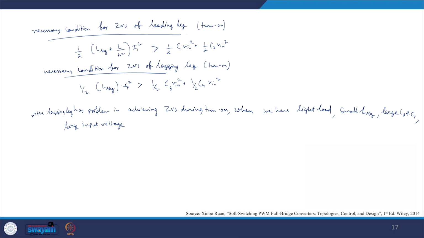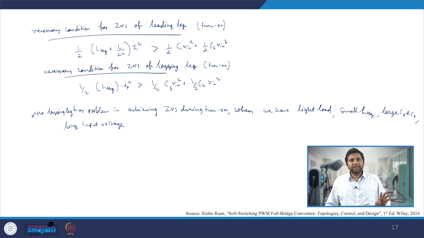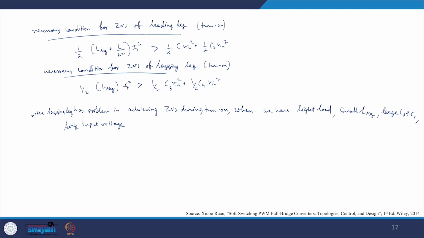So this is the necessary condition for achieving ZVS of the leading and lagging leg. However, the required condition, we know already, for the leading leg is that the dead time should be greater than T01 time, and for the lagging leg the dead time should be greater than T23 time. That has to be ensured, and that is required from the person who is designing. Now, in all of this we have understood that in order to achieve this ZVS, there is a duty loss from T2 to T5 period.